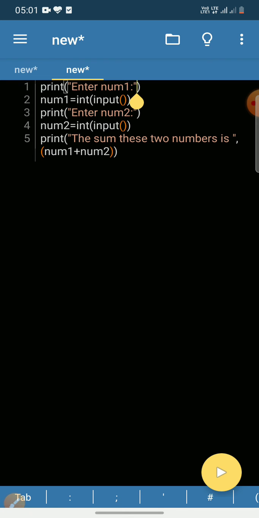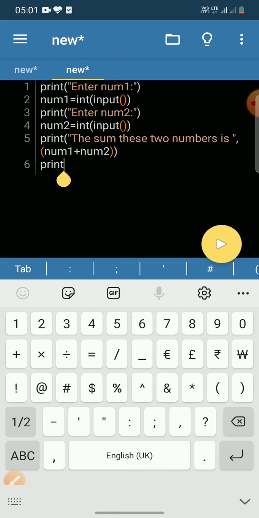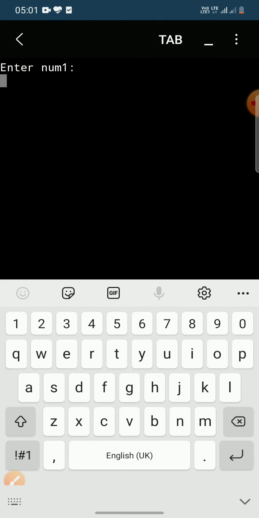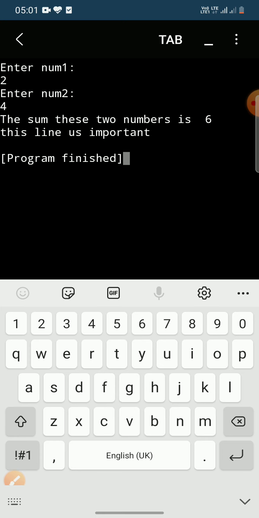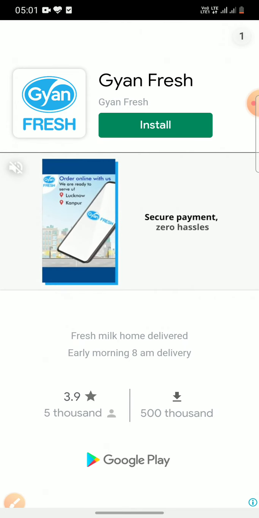And now if we write here print, this line is important, and execute it. 2, 4, and this has given me this line is important. After that, sorry for the inconvenience,